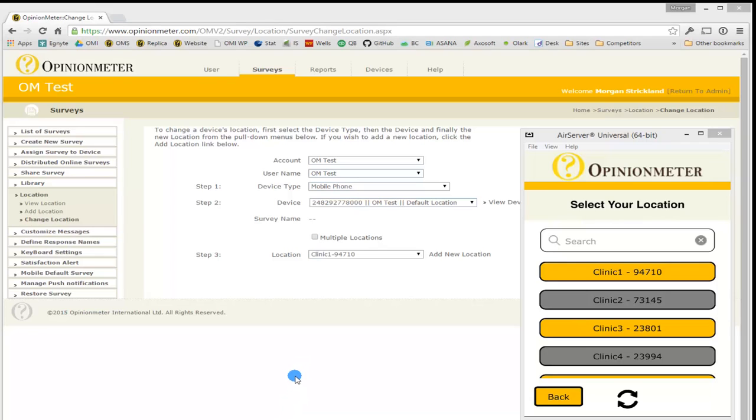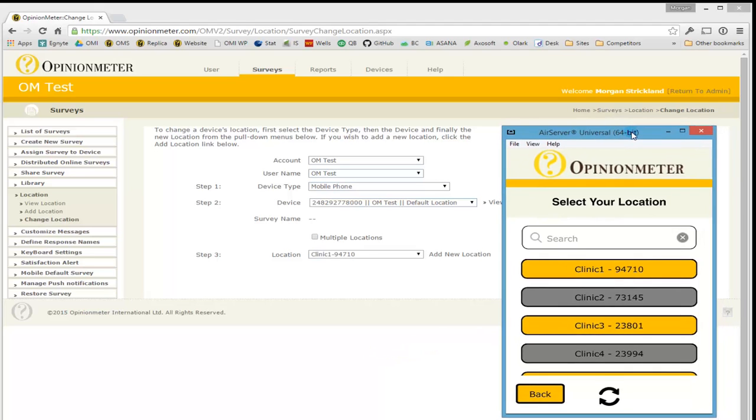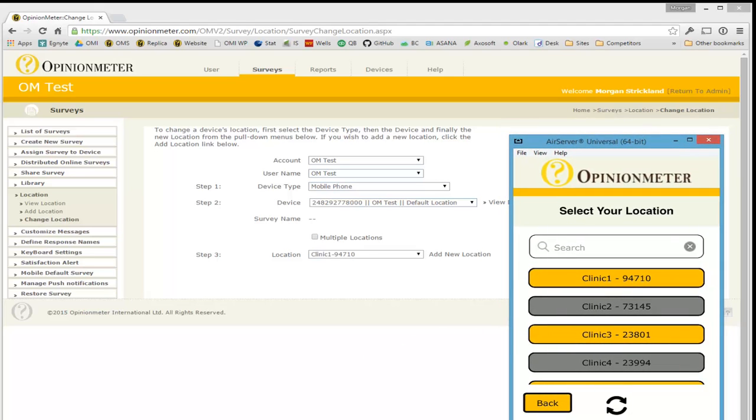Hello, in this tutorial we're going to talk about a few new features that we've added to our mobile app, both compatible for the iOS, Windows, and Android phones and tablets. Here I have an emulator of my actual iPhone,